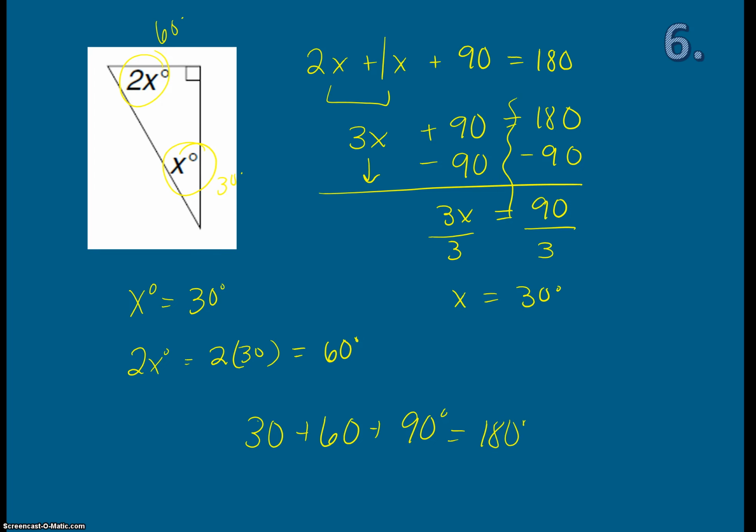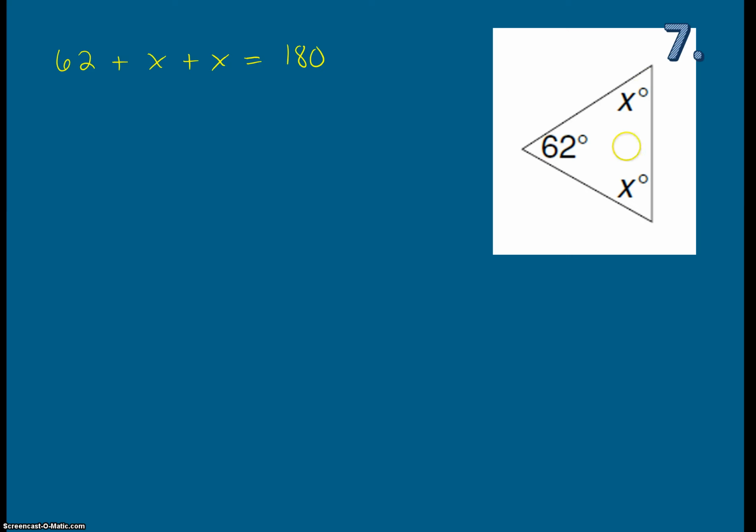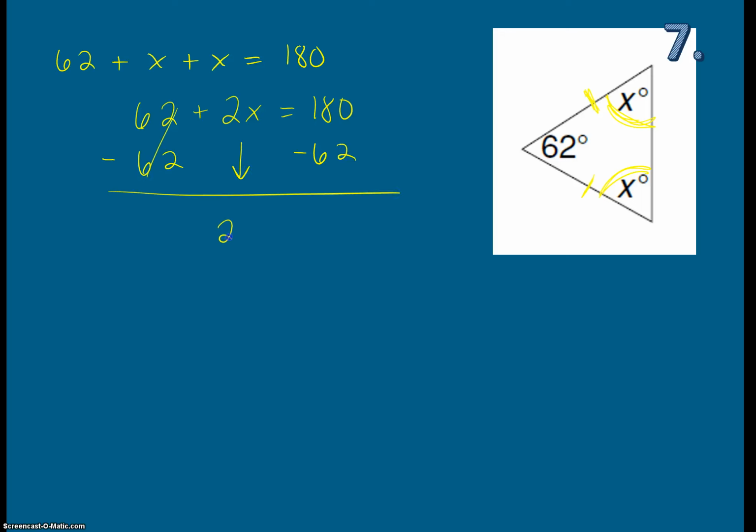I have one last example for you. If you have an isosceles, because these 2 angles are the same, that means these 2 sides are the same. This is an isosceles triangle, and I add 62 plus x. That means I have 62 plus 2 x's equals 180. If I subtract 62 from each side, bring down my 2x,